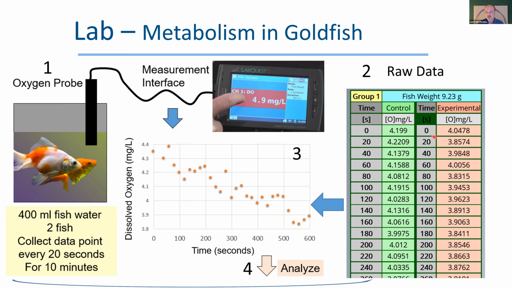And then you have a control experiment, and then we add some experimental variable and run the whole experiment again with the same fish. And that's why it's a paired t-test. And then you get another, different slope for that.